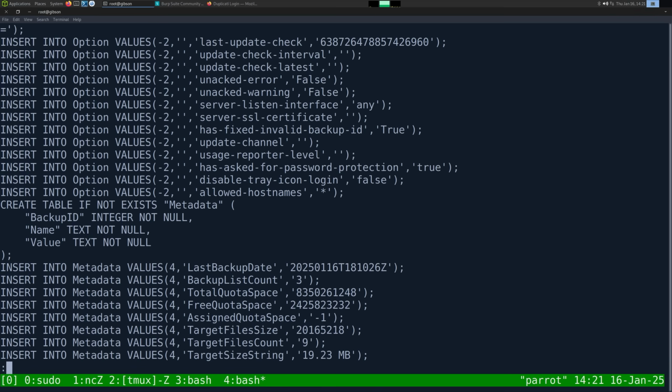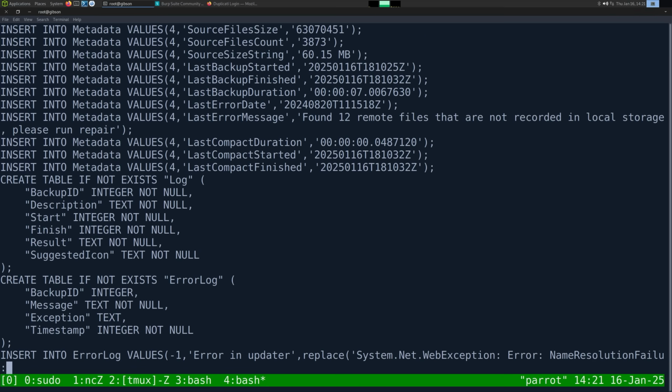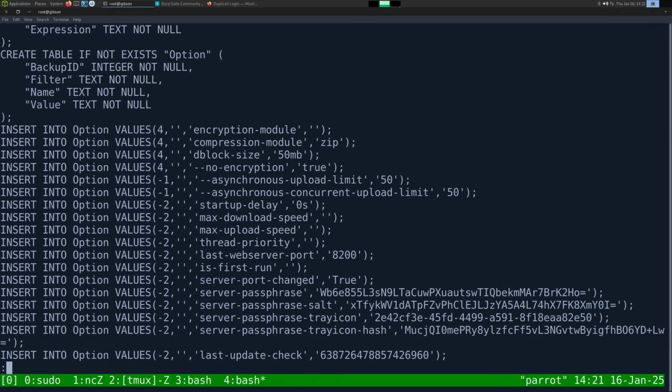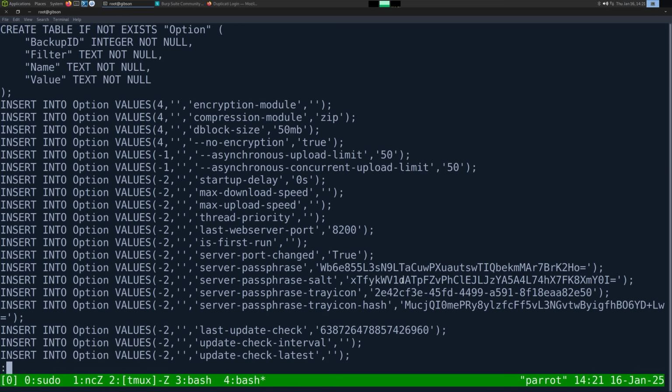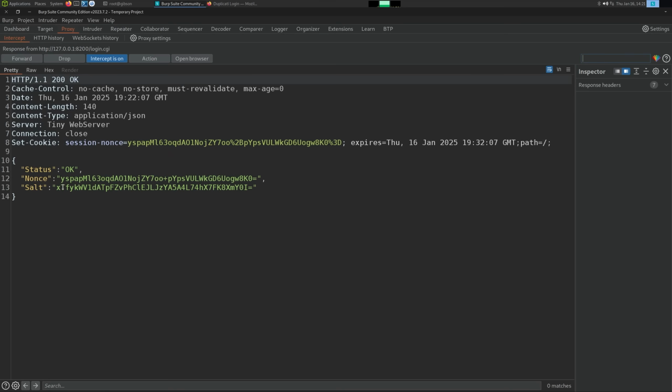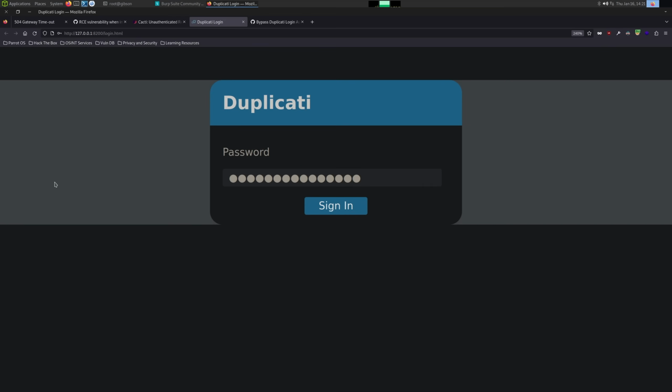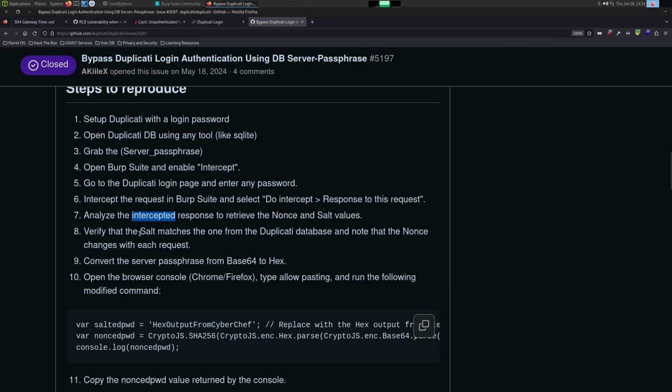Let's see. Where are the values? Here we go. So we have the salt XTFY ends in 0i, XTFY 0i. So the salt is the same. And then what the blog post wants us to do, we verified it is, convert the server passphrase from base64